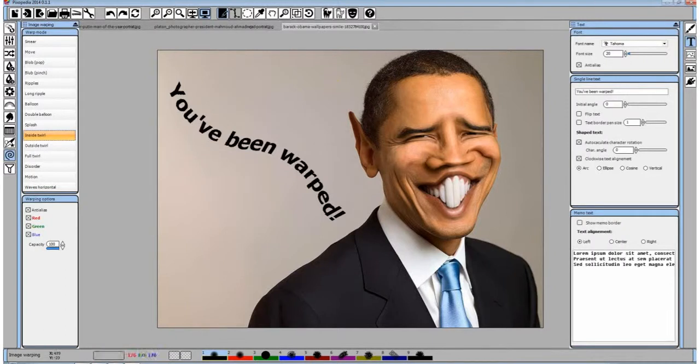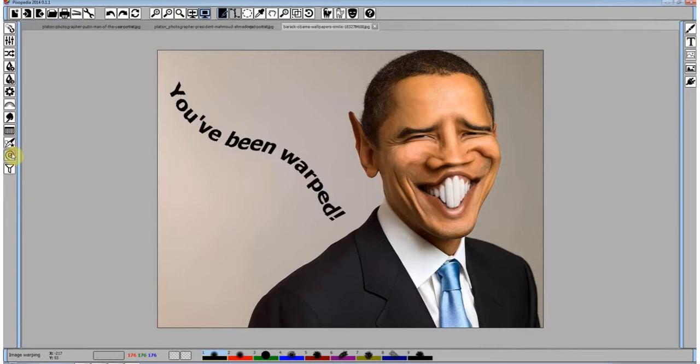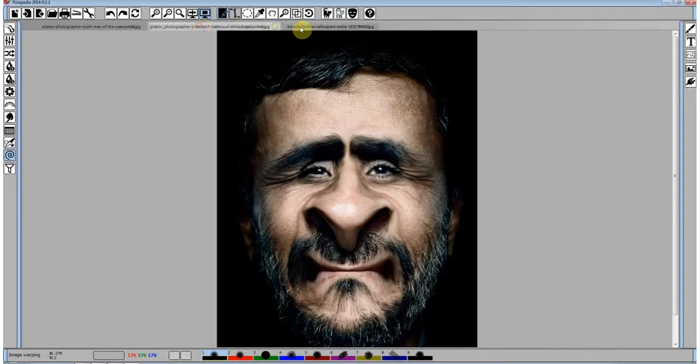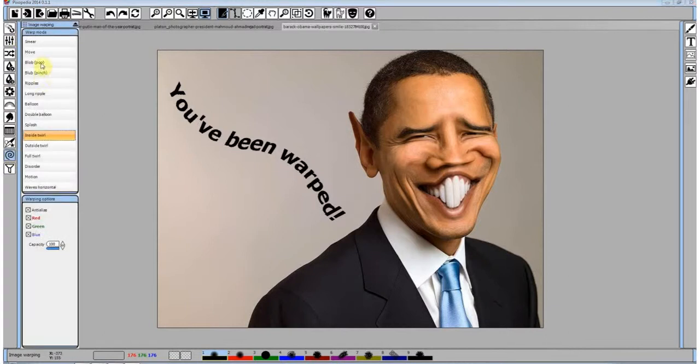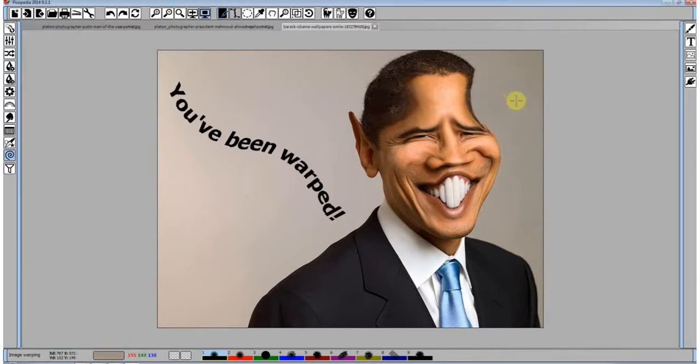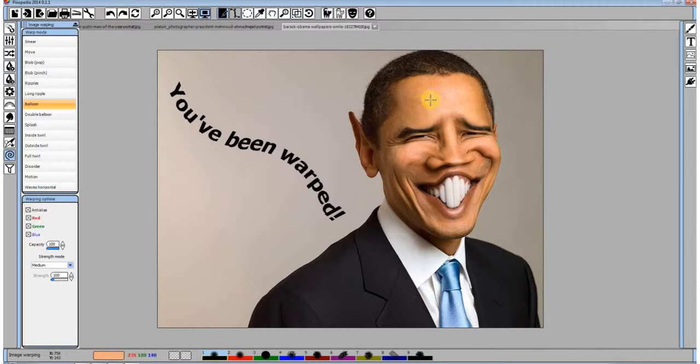So I think this is enough. Oh, this needs an extra touch. I will use balloon, medium, okay, to make this head a little better like this. Okay, that's it. Bye bye.